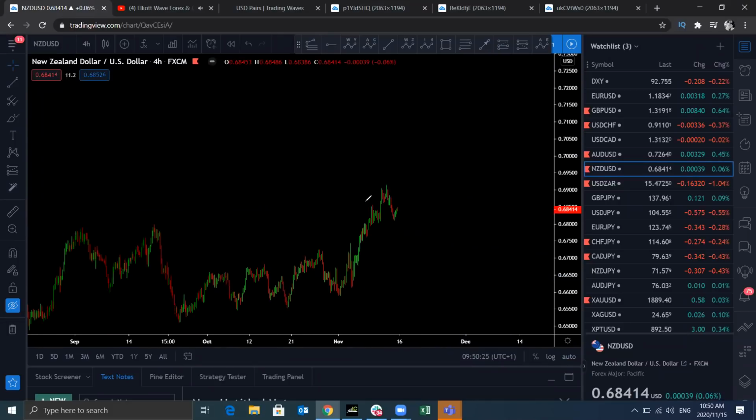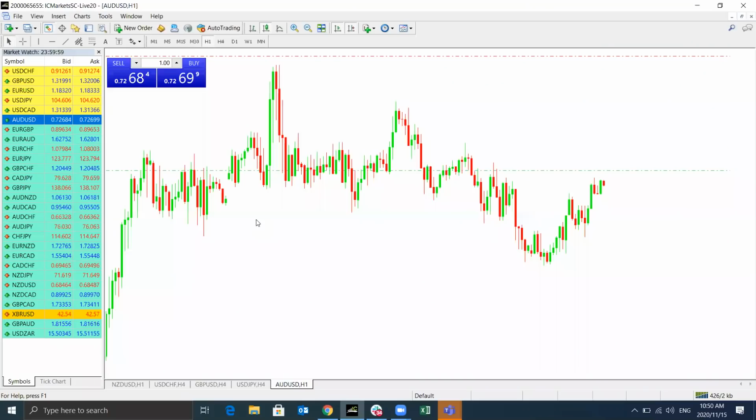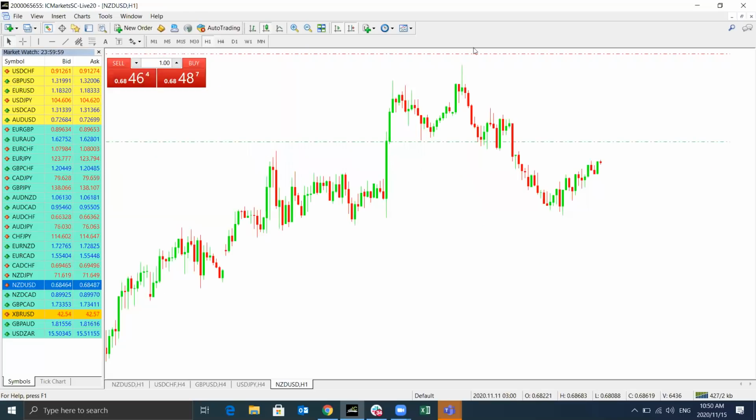New Zealand US dollar right here has already dropped a few pips, about 50, 60 pips in, but let's see how this is going to play out. If you look at this one here on the live account, just to show you that we're already in this trade setup, let's look for New Zealand US dollar. There it is. You can see that's the stop loss. We're already in the trade,